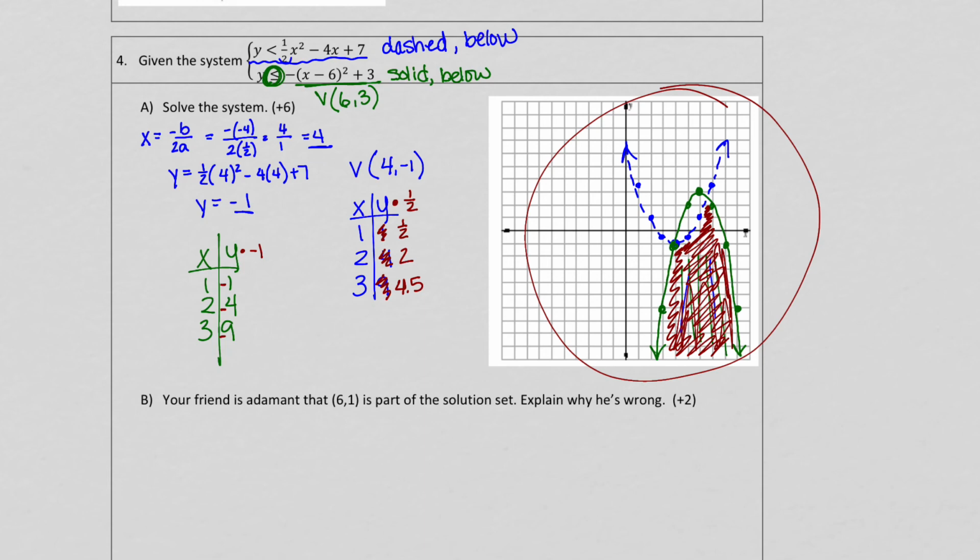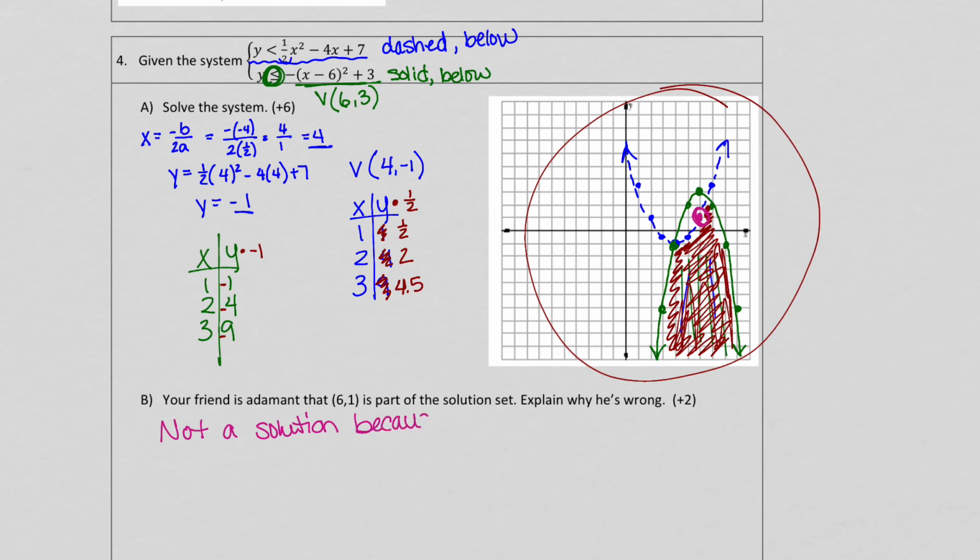All right, now B says your friend is adamant that 6, 1 is part of the solution set, and you needed to explain why he was wrong. Well, if you graphed wrong, I had to look at your graph and your explanation and determine. But if you graphed correctly, you would have had, okay, 6, 1, 1, 2, 3, 4, 5, 6, 1 is this point right there. That point is on the blue parabola that is dashed. And it's on the edge of the boundary of the shade. And you would have to say, it is not a solution